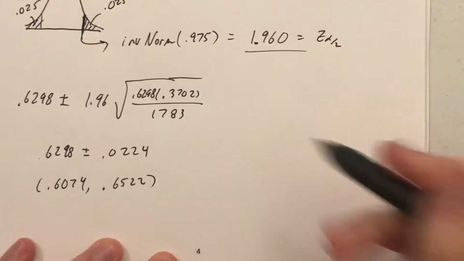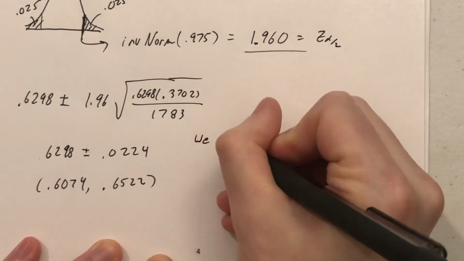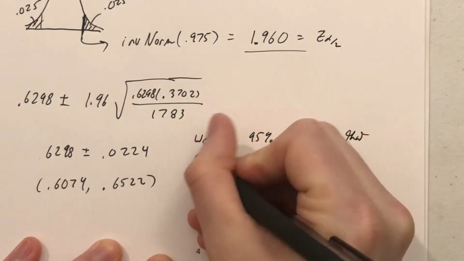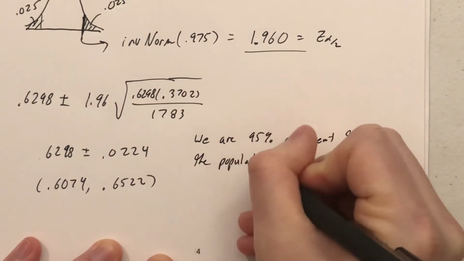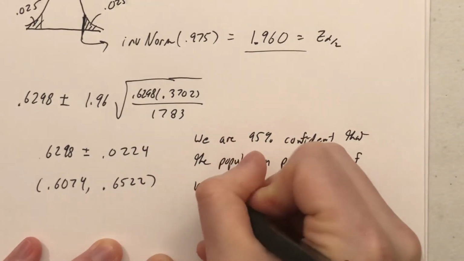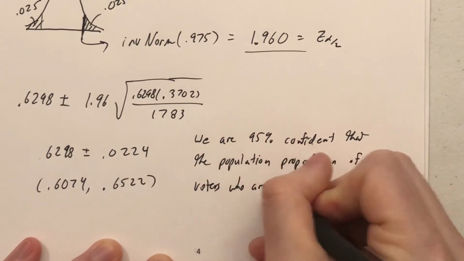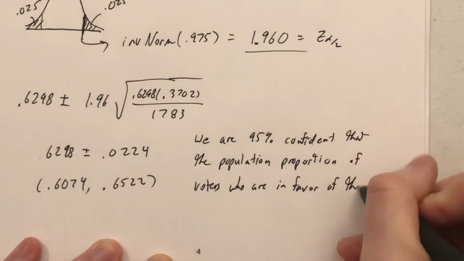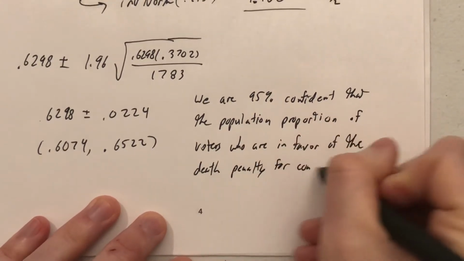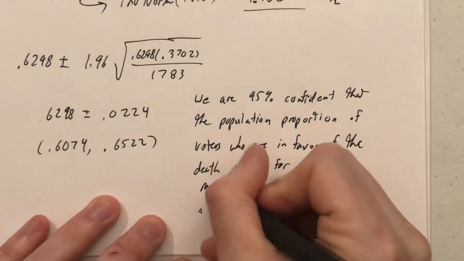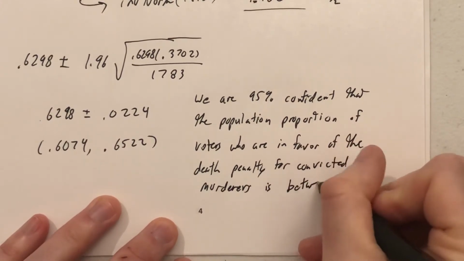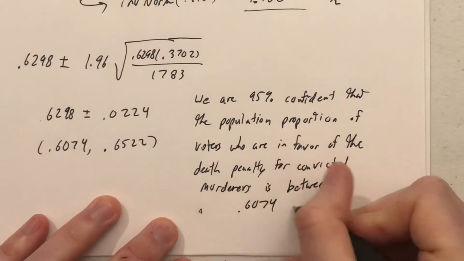And so to interpret those two numbers in sentence form, we would say we are 95% confident that the population proportion of voters who are in favor of the death penalty for convicted murderers is between 0.6074 and